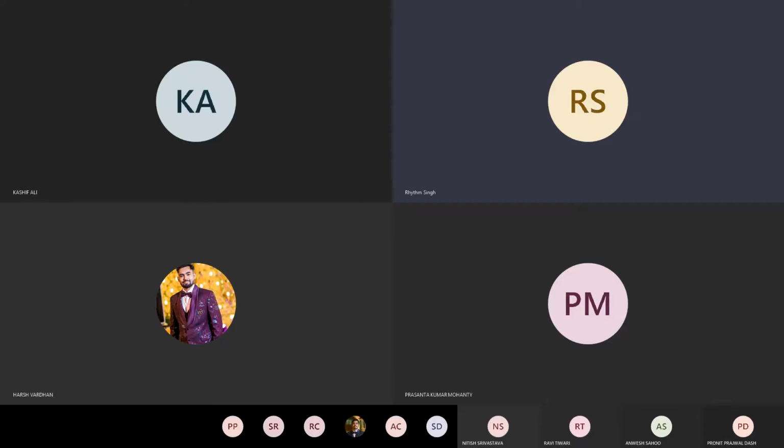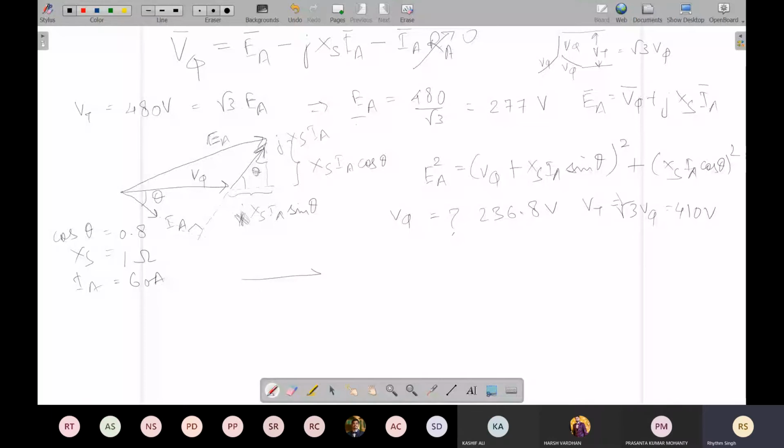So for the second part, what we have is that your V phi is here, and IA is at unity power factor, which means it is also parallel to the same, right? Or you can draw it here better. So let's put this as V phi, and this is the IA. So your J axis IA will be perpendicular to this. So this is how your J axis IA will be there,